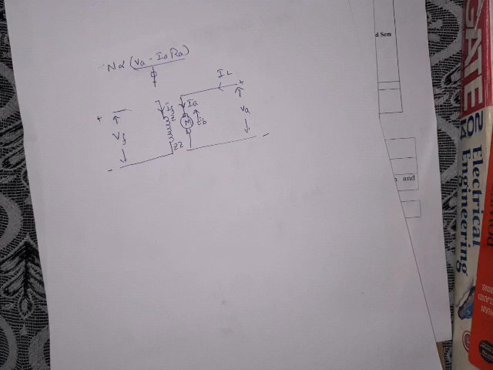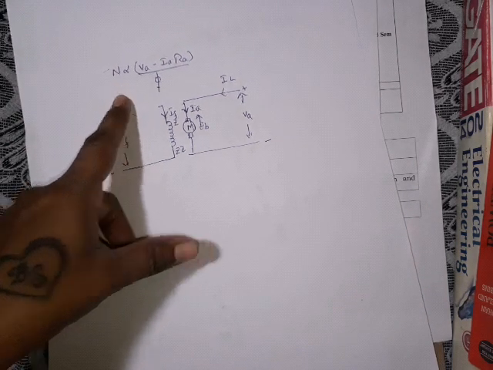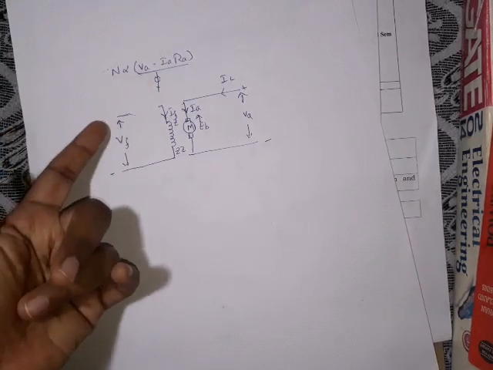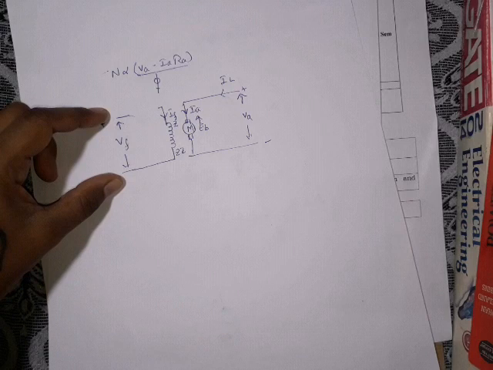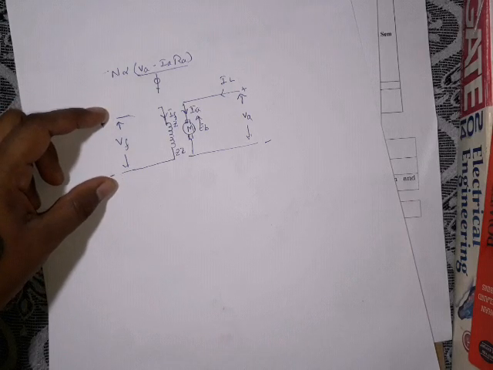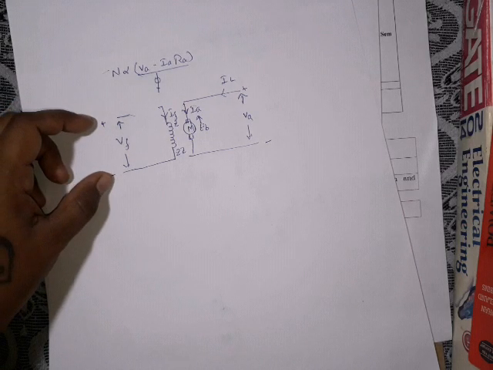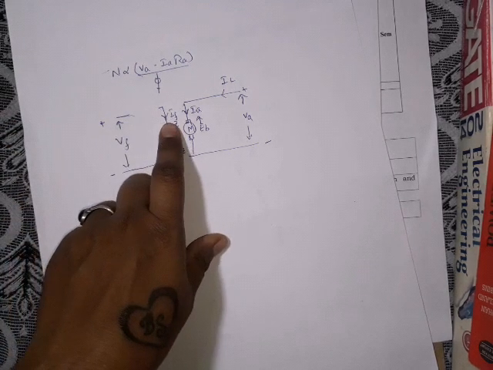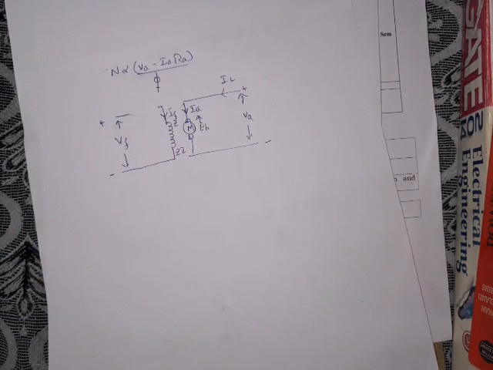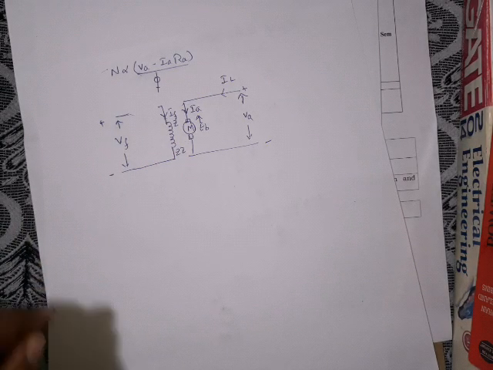What we need to do here? We need to vary the flux. Either we have to increase the flux or decrease the flux to decrease or increase the speed. If flux increases, speed decreases because it is inversely proportional. Now we have applied some voltage. Let us say we have applied 220 volts DC. We cannot change this voltage. That voltage is constant. But we need to change IF. How does it happen? That is the question.